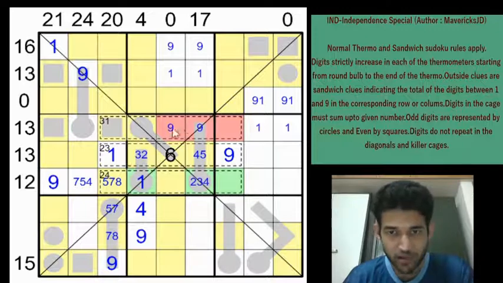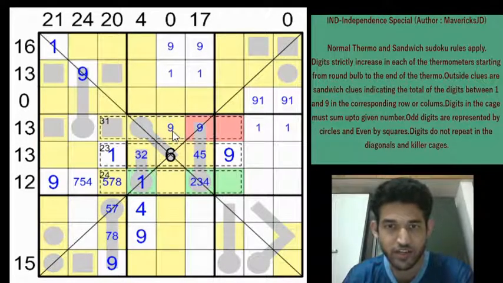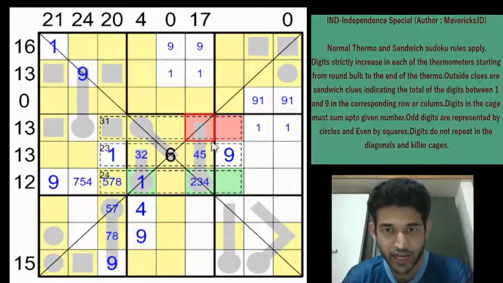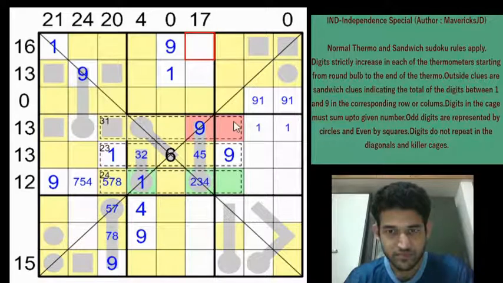And now this cannot be a 1 or a 9, because if you have a 9 here, then you must have a 1 in this cell or this cell. Both are not possible. So this is also not a 1 or a 9. So we can highlight that cell as well and remove the 9 from there. So 9 has to go here, and that pushes the 9 here. And because of the 0 total, we will get the 1 here. Right? Great.